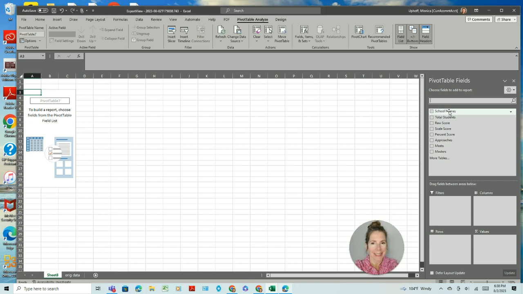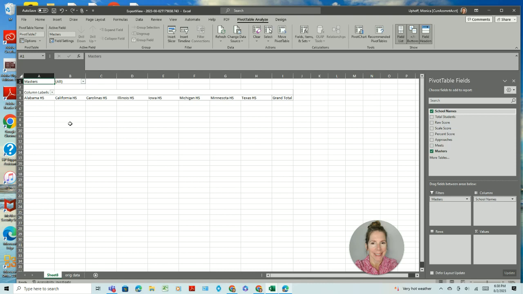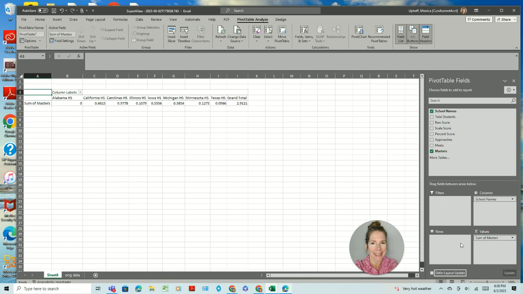And so you'll see these different listings here, and they should look familiar because they're the headers to the column that we just looked at. And so if you want to take and drag these down, what will happen is you put those in there, then your data will come. So for example, if I take sum of masters and move it over,